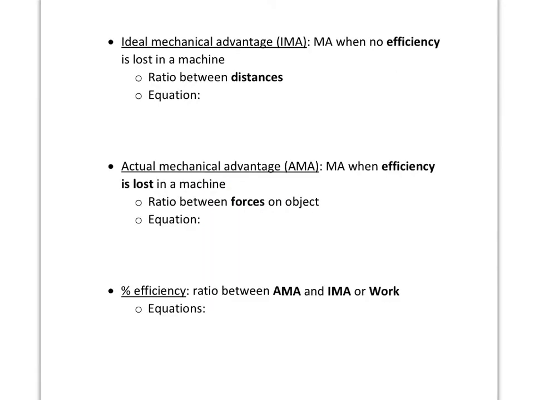Ideal mechanical advantage is the mechanical advantage when there's no efficiency lost in the machine. It is literally the ideal mechanical advantage. And it's going to be the ratio between distances. So all of these equations that we're dealing with are very simple because they're ratios. We don't have to really deal with algebra, adding, subtracting. It's all dividing. So the equation for ideal mechanical advantage would be IMA equals the input distance over the output distance. And because this is a ratio, ratios do not have units. So IMA is unitless,